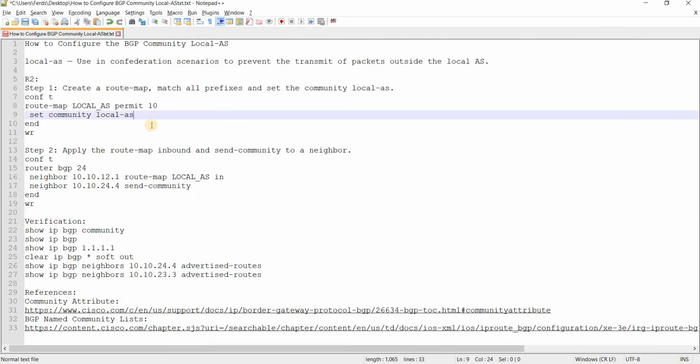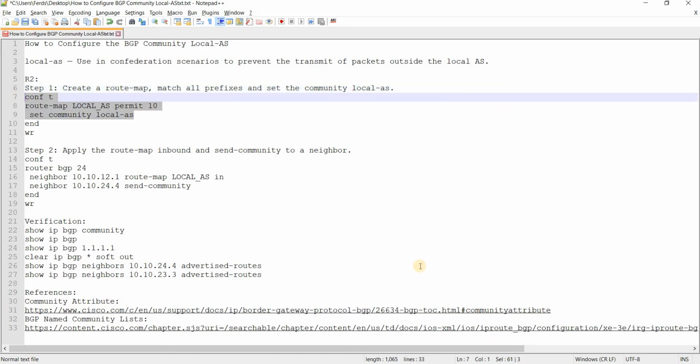So I'm going to create a route map that says at step number 1, match all prefixes and set the community to local AS. So I'm just going to copy and paste this. And you're going to do this on R2